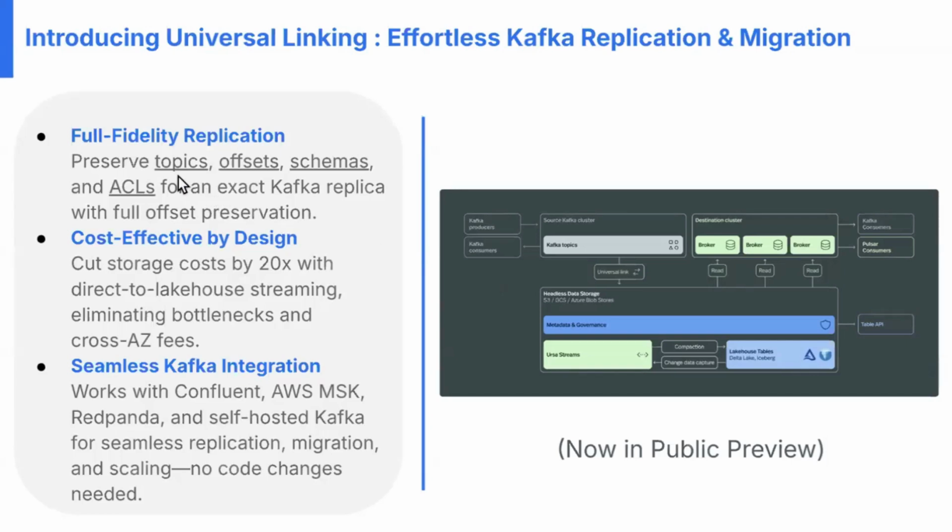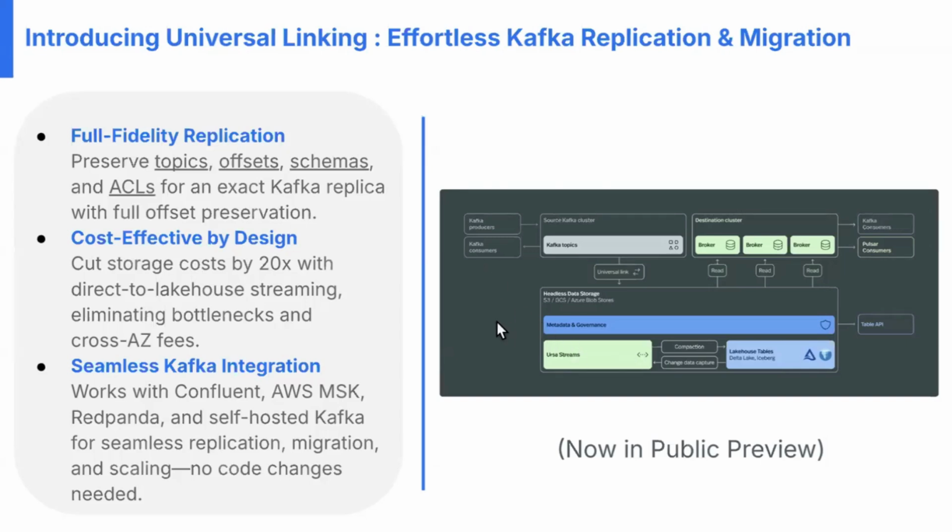So with data, I mean topics, and then configurations and consumer groups, all the things which are relevant for you to be able to switch your source Kafka applications to a destination platform or a cluster without much interruption, right? So definitely there's a lot of focus which has gone into that, and we offer a full fidelity replication for that. It's cost effective by design, because I think one of the unique things about UniLink is that,